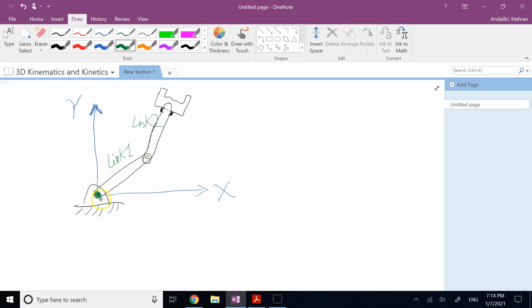It measures it with respect to this inertial frame because it describes the motion between link 1 and the inertial frame. So it gives you this angle theta 1,